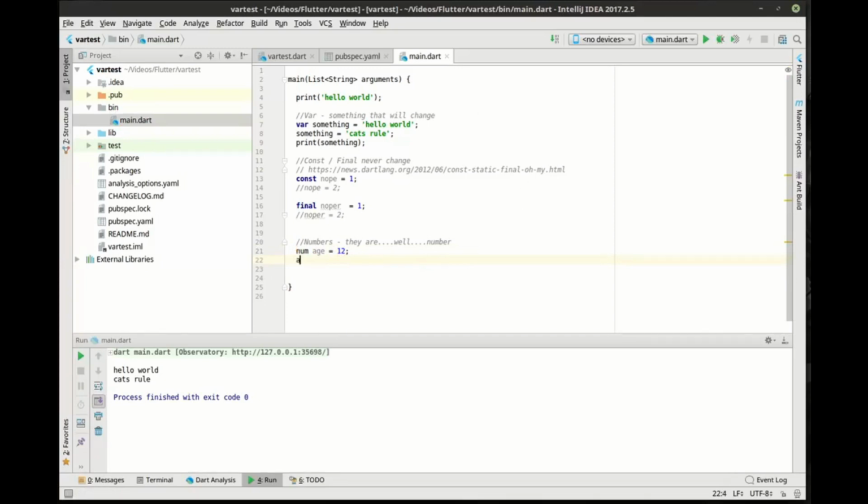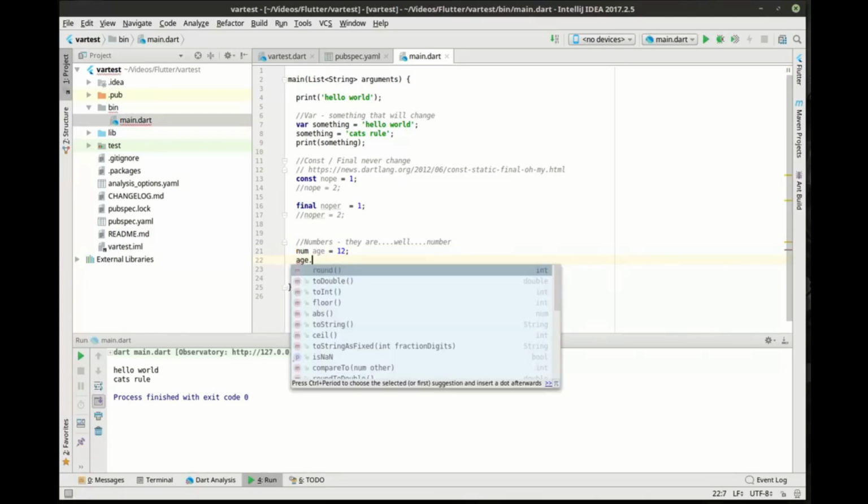Now, if we type age and hit the period, you see that we go into that class's scope and we get a whole lot of functions. This is a lot of built-in functionality. In Dart, everything is an object, much like in Java or other languages. So because everything's an object, you can actually go in and get reusable code, something somebody else has already written. Like we can round, we can double, we can convert it, floor, ceiling, ABS, to string,